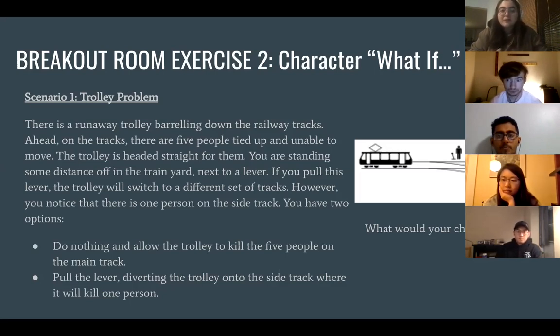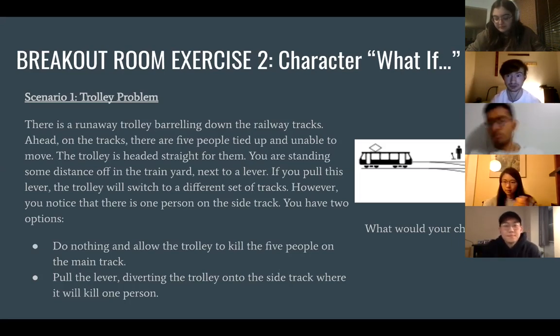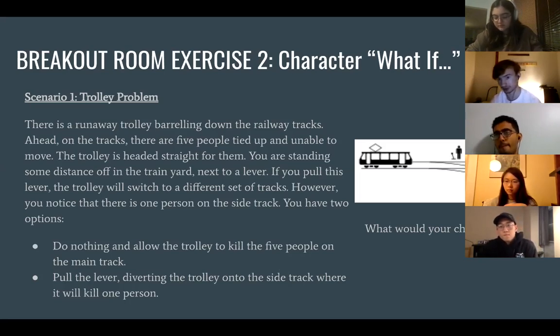What would your character do? That's basically the question you have to ask yourselves. It's really a way to get in the head of certain characters and understand what they would do in a situation. And actually, it can sometimes give you the keys to a good movie, because a lot of movies are based on what-if scenarios like that. For instance,